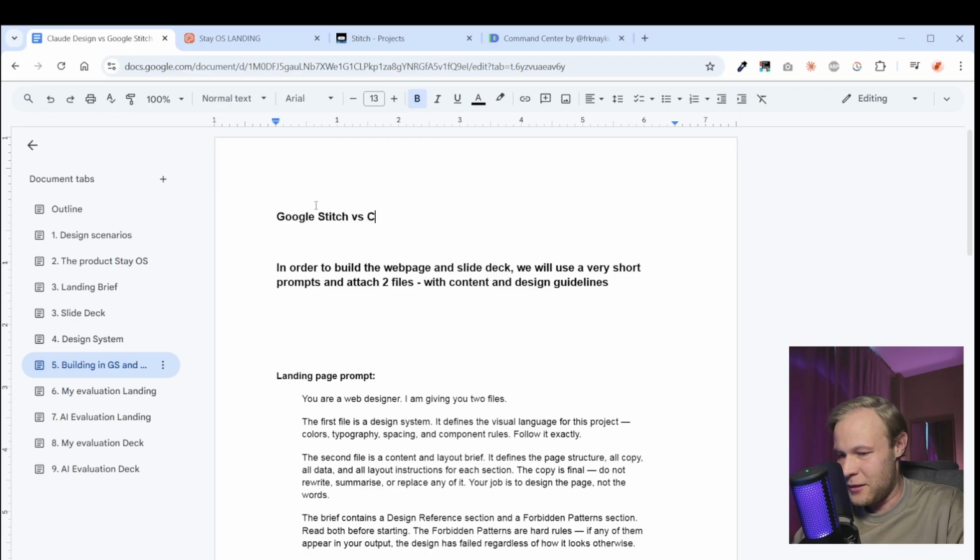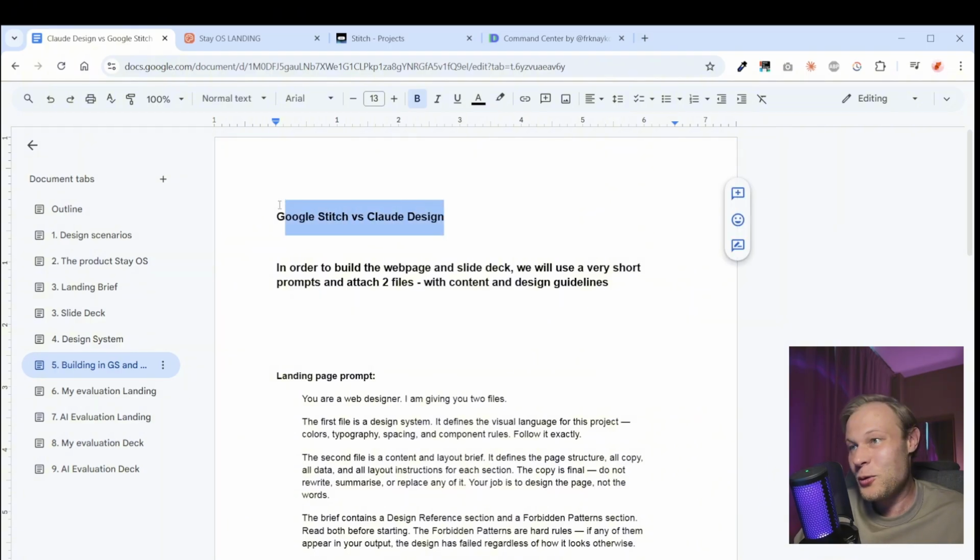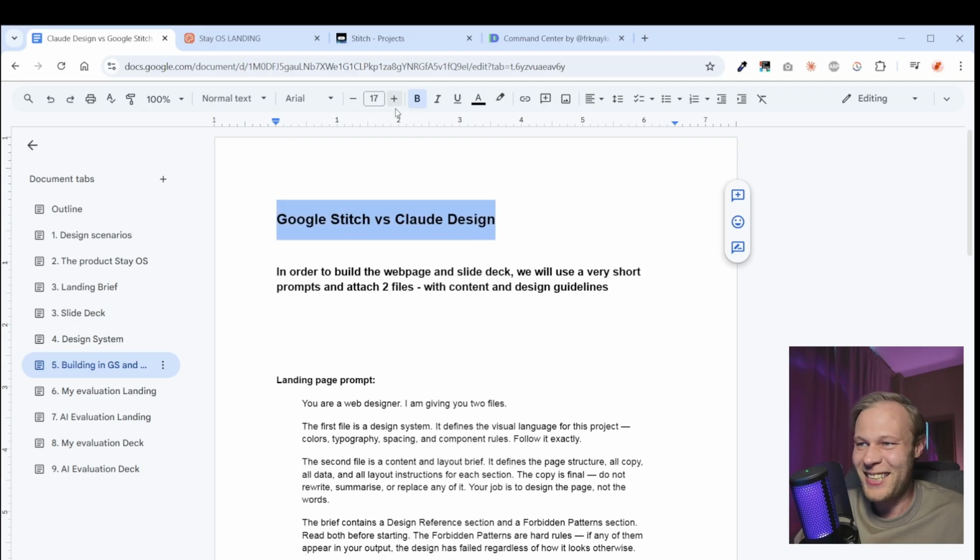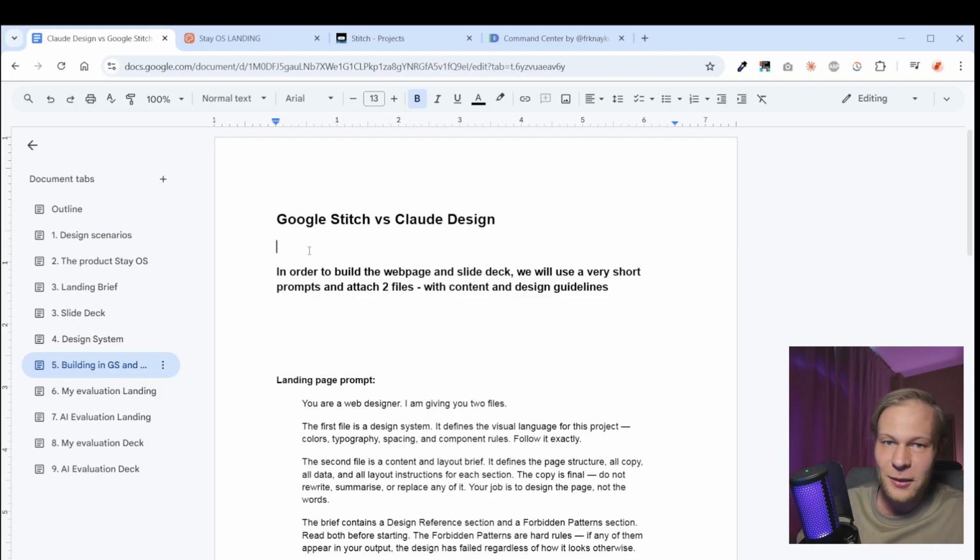This is Google Stitch versus Claude Design. This is our test today. Okay, and we are now switching to those design tools. And you might think you're going to spend another 20 minutes talking about each of these tools, but not really,